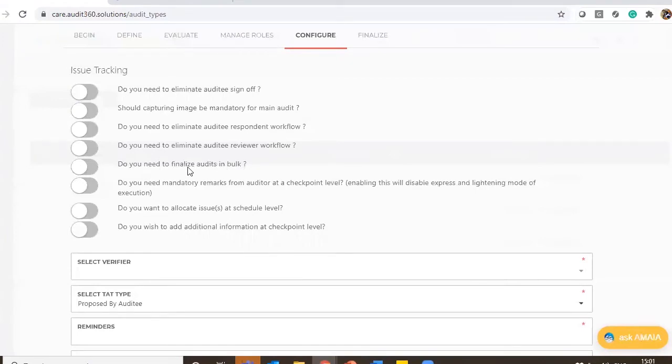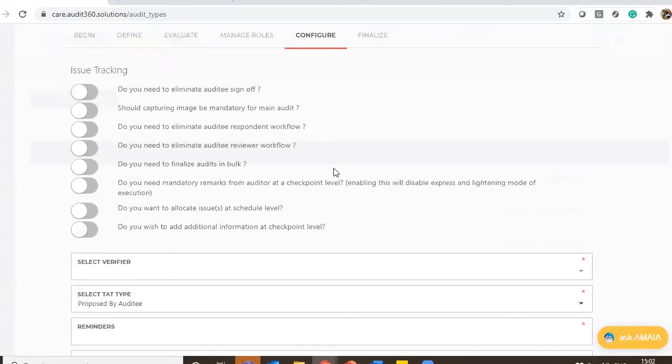Okay, I'll talk about the bulk finalized audit again. In the current Audit 360 workflow, or any audit workflow, any audits which are executed by the auditor would be reviewed by his or her supervisor, to see if any modification is required and to finalize the report. But in some cases where audits are done in bulk, where the volume of audits being executed is very high, it would be very difficult for a reviewer to review each and every audit executed. In those cases, we can enable bulk audits.